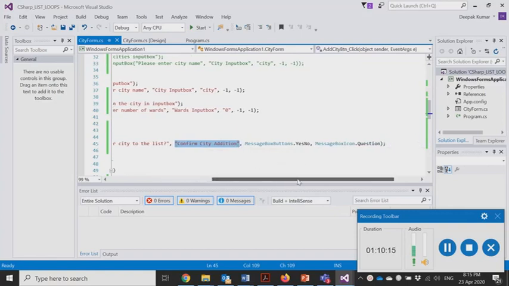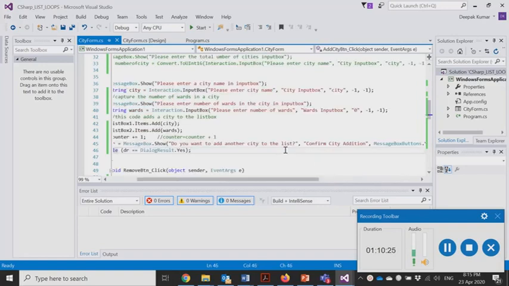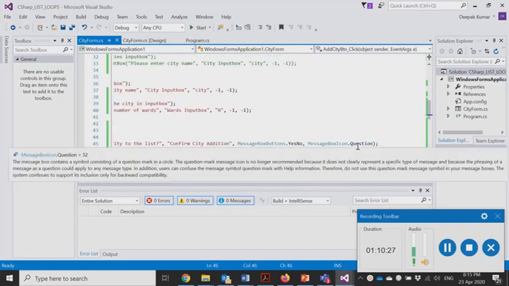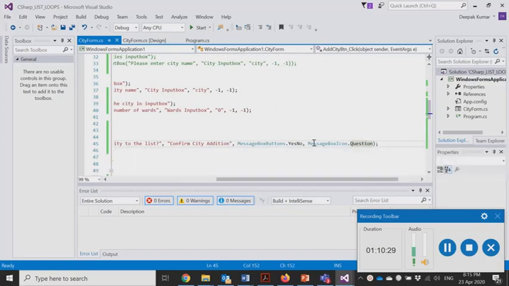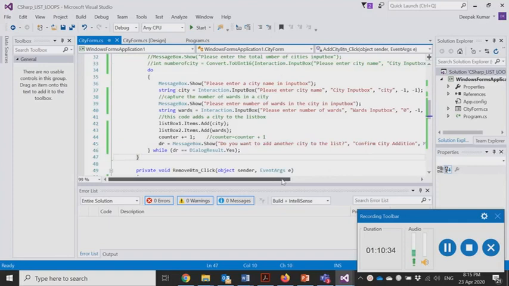And then here you have the set of message box buttons, whether you select yes and no buttons, or you can have different combinations of buttons over there. And finally you have an icon here, a particular message box icon to be displayed. So we explained all these concepts.